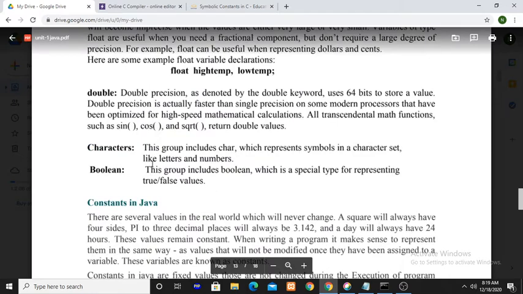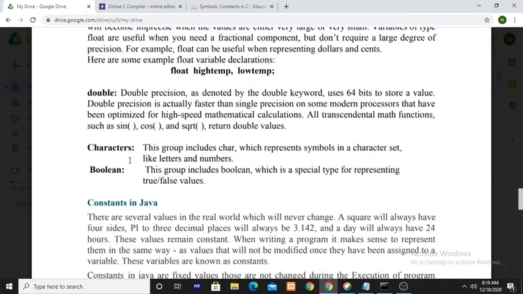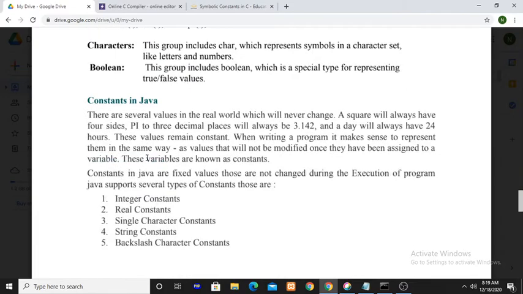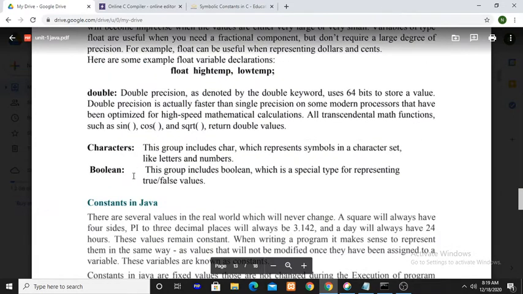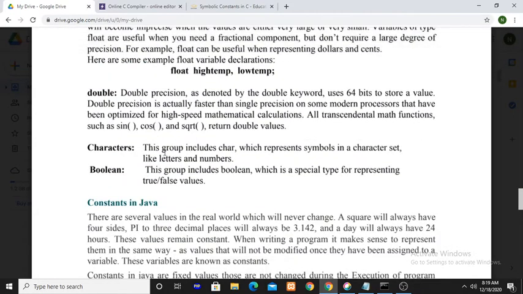And the other two data types: char is the data type for characters, and to represent Boolean values, boolean is the data type. The size of char is 2 bytes and the size of boolean is 1 bit.